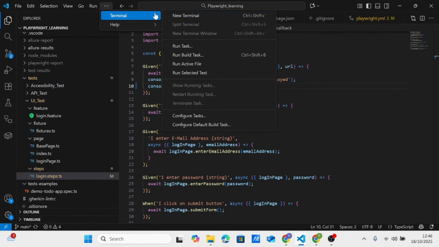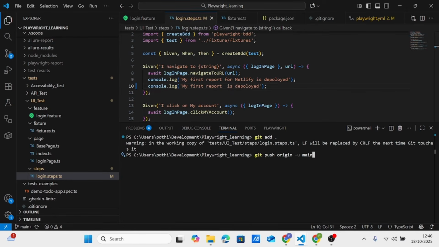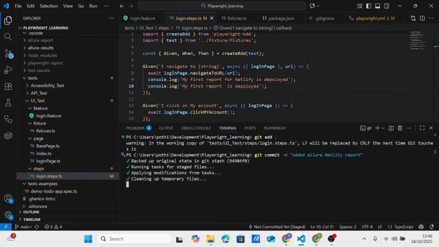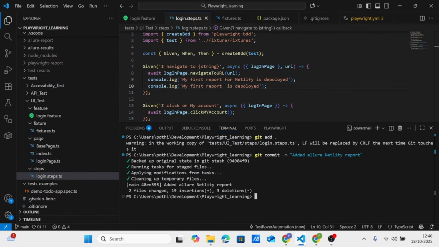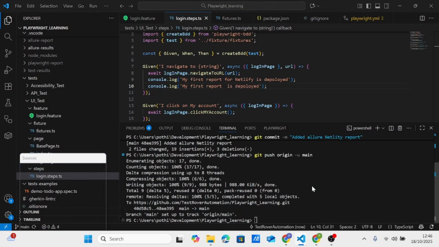So this is done, and let's go to our terminal, and we're just going to git add. Make sure you are on the main branch, right? And git commit. So I'm just going to commit with the message added the Allure reports to my Netlify, right? Look, this is actually running our lint and other fixes and everything. It is checking, and now I will do git push origin main. As soon as I push this,